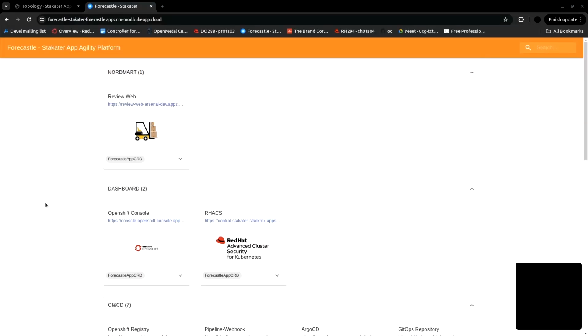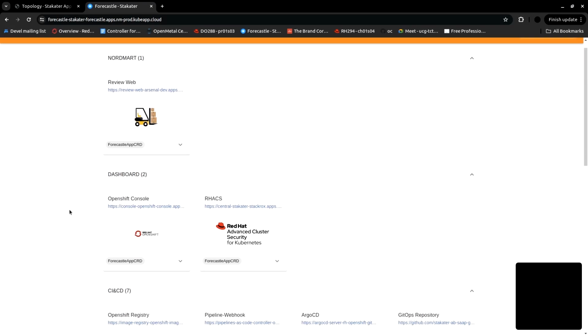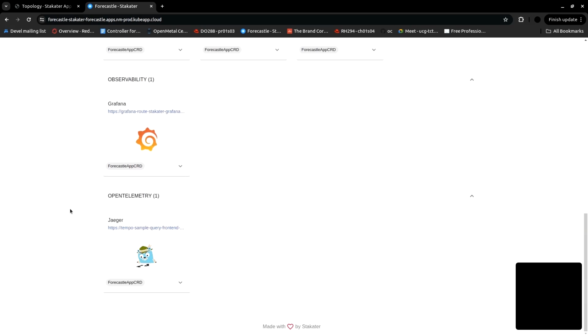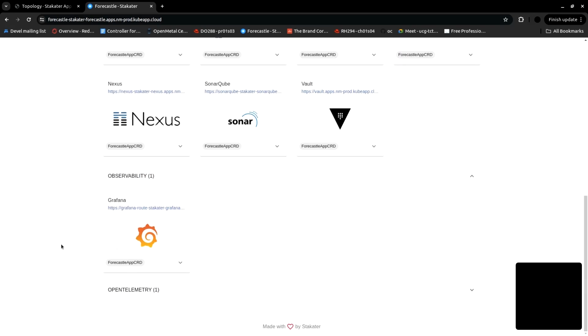As a developer, I want to export traces from my application for OpenTelemetry data collection. And in order to do that in OpenShift, first I'll go to Forecastle. Over here, I would go to the Jaeger UI. So under the OpenTelemetry group, I can see the Jaeger UI. And if I click on it,